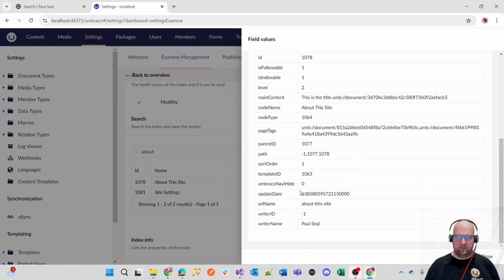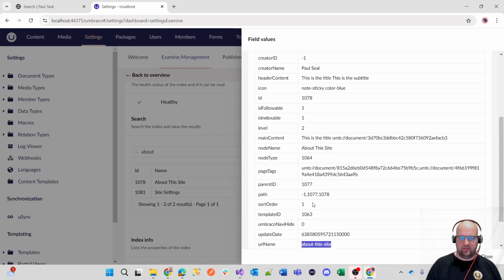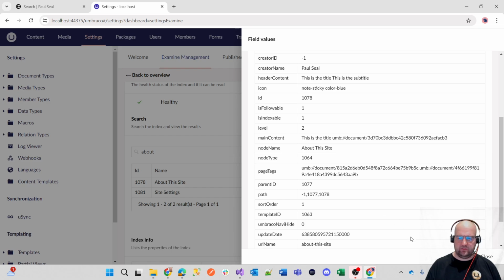Yeah, if you notice, dates come in as a number of ticks as well. And the URL name is in there as well. So there's all sorts of things that you can search against. Notice this, the page tags. So where we filtered, where we added some in the content,